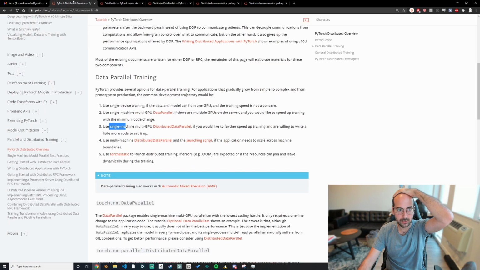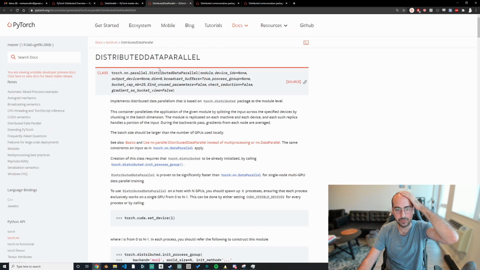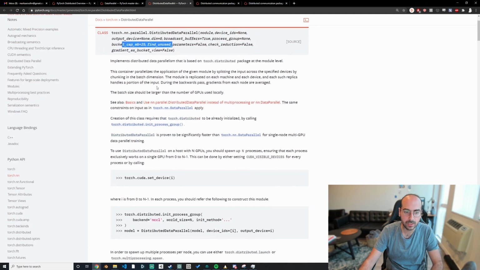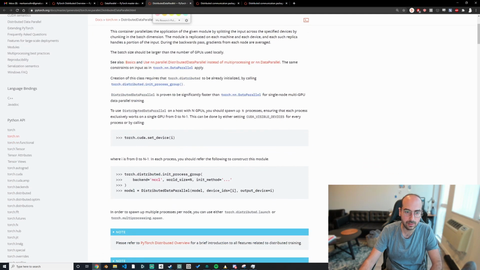Okay, distributed data parallel. Okay, I see. Let's see, it has a bit more stuff going on. So it has the IDs. It has this output device, gradient as bucket cap. What are these bucket caps? Let's quickly look at